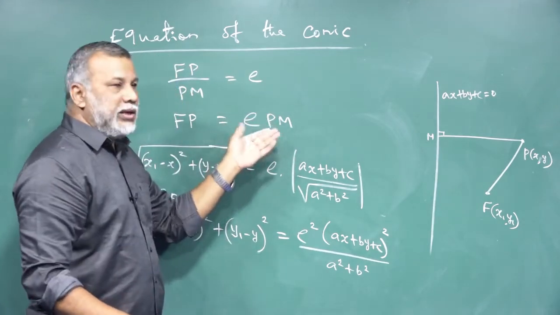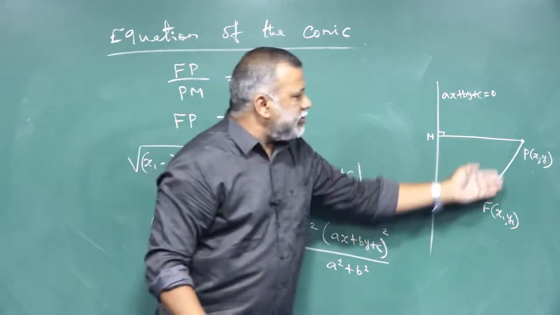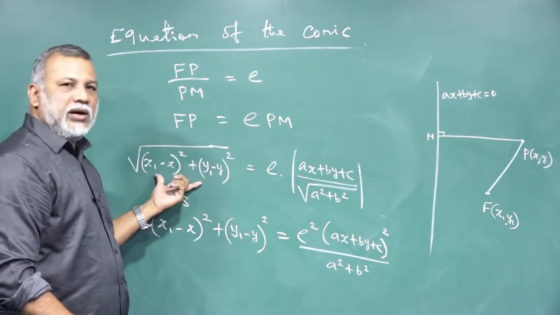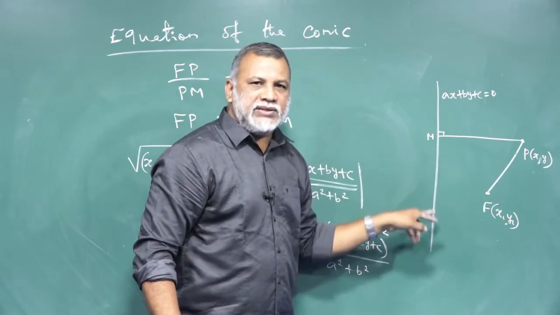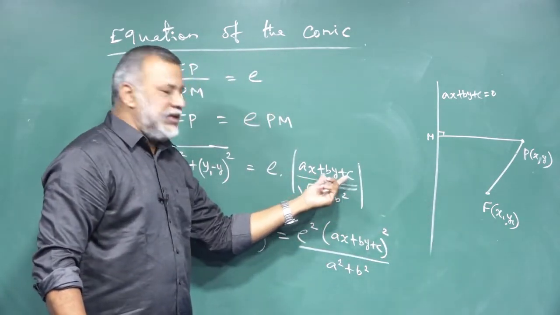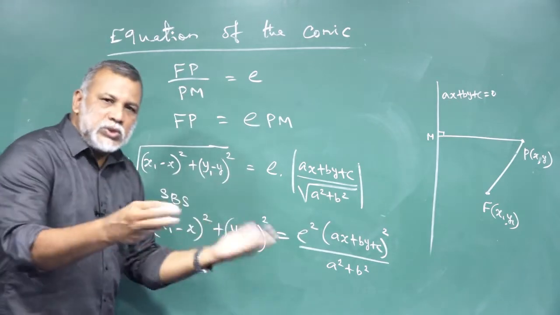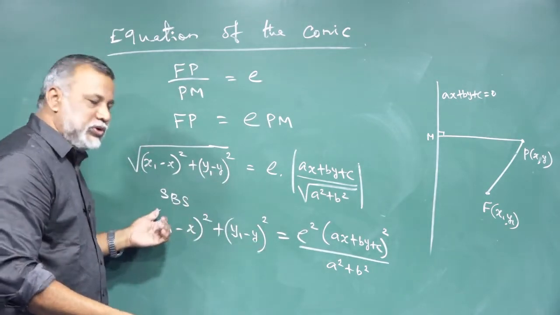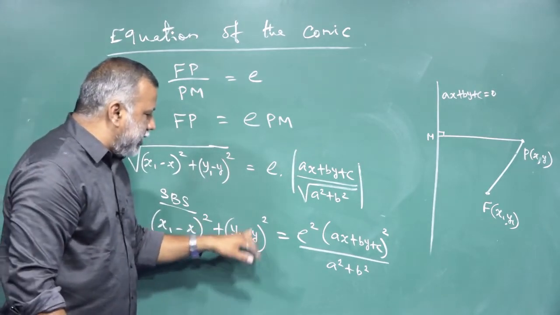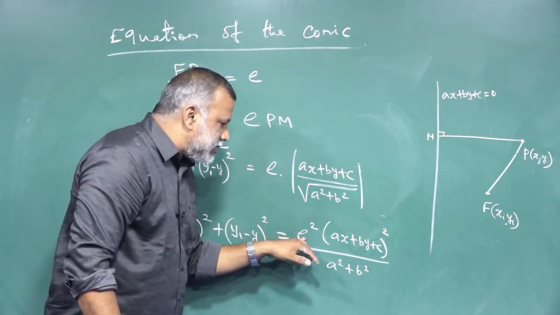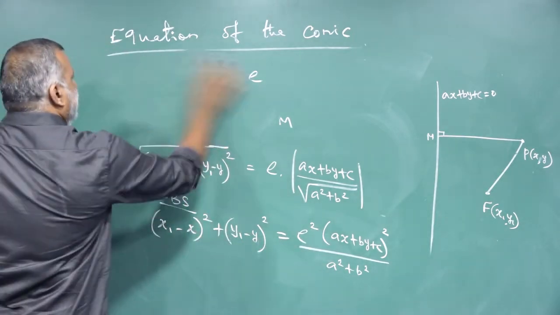Then cross multiplying. What is the meaning of FP? Distance between two points. Use this idea. What is the meaning of PM? Length of the perpendicular from a point to a straight line, so (ax + by + c) divided by the root of (a² + b²). Then we want to remove the root, so squaring both sides, we get (x1 − x)² + (y1 − y)² equal to e² times this one. On simplifying this equation,